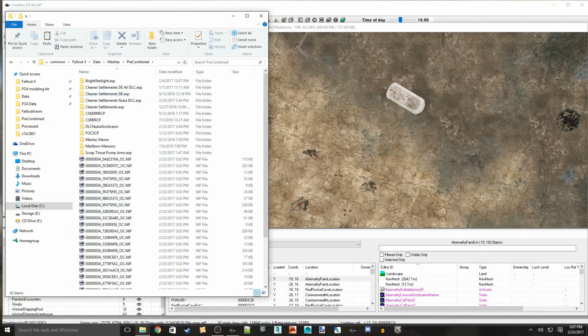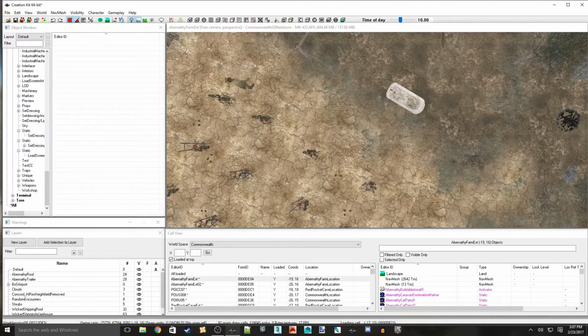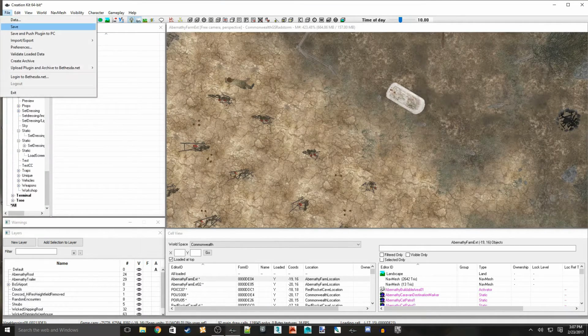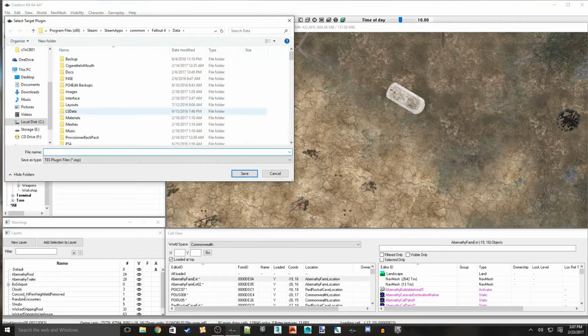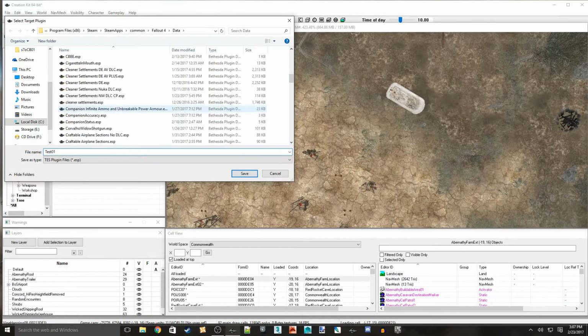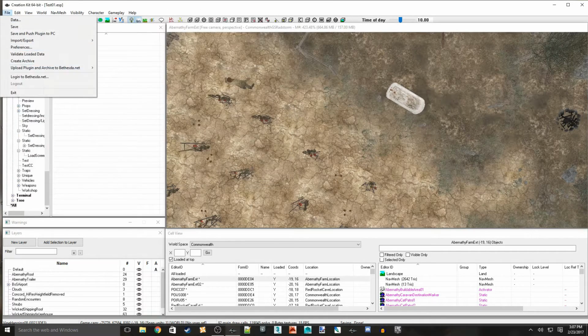So what we do now is, as you can see, I haven't saved this as anything, so I'm just going to save this as test 01, because I think I still have my actual testing. Yeah, see, I already have a test ESP, so I'll call it test 01, save, and then we're going to go here and create archive,